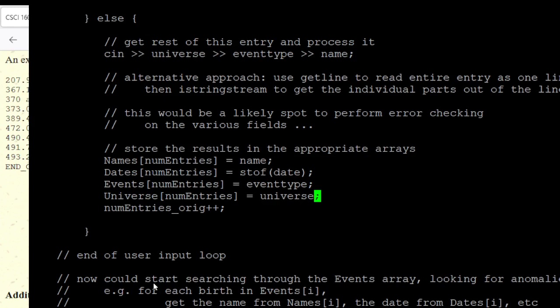So what I can do is say, well, for my current event, the ith event that I'm on right now, look up the name and the date and the event type and which universe it was in. And then I can go through the 4 arrays again, looking to see if there's an anomaly. So let's say, maybe for each birth, I go through the whole array, and anytime I land on a birth, I say, well, let's see if I can find where the death is that corresponds to that birth, right? So I get the name for i, and which universe it was in,